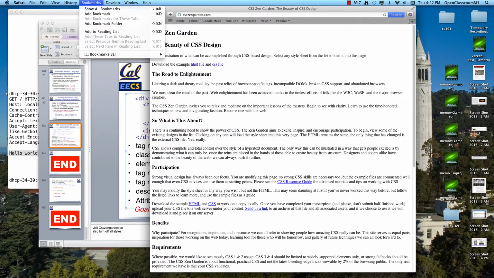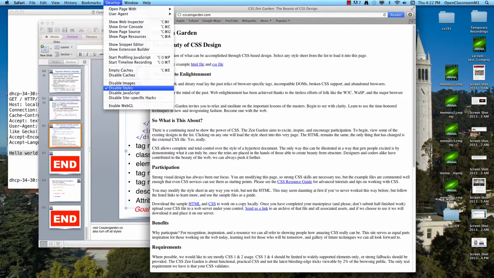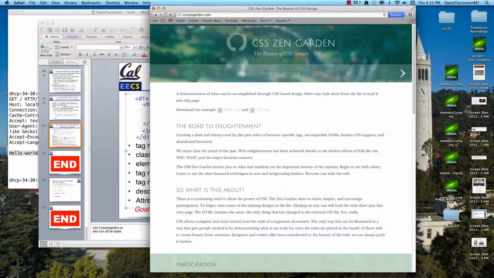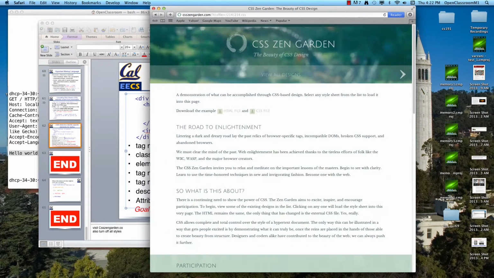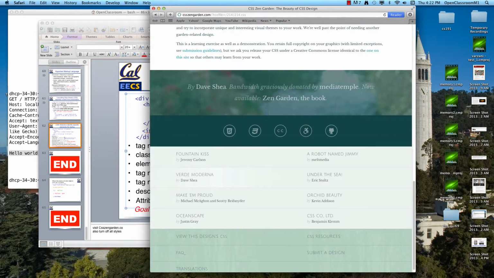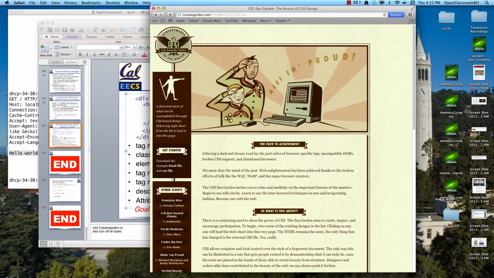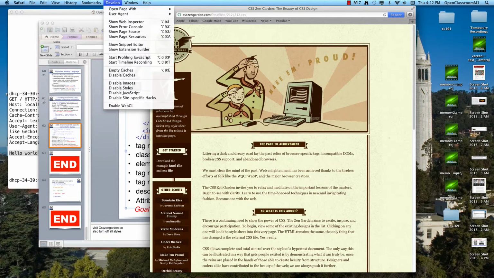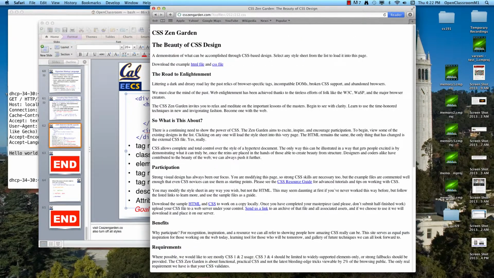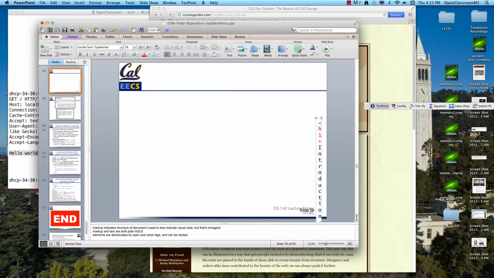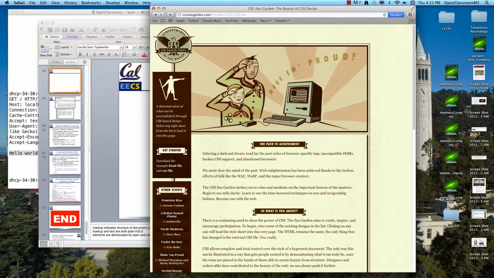Now, if we turn styles back on, the remarkable thing is that we can choose a different set of styles. Let's click on one of these at the bottom. Now, what's interesting here is that none of the HTML text has changed. In fact, if I go back and disable styles one more time, you can see that it's the same exact HTML content that we had before, but the page looks totally different.